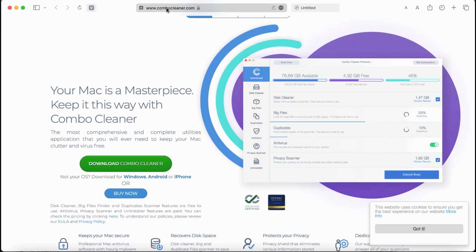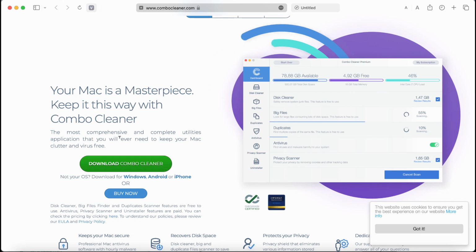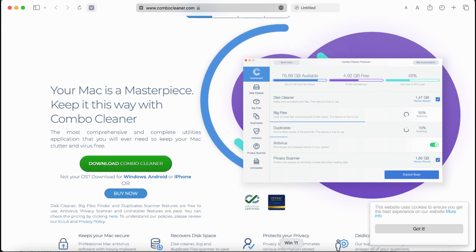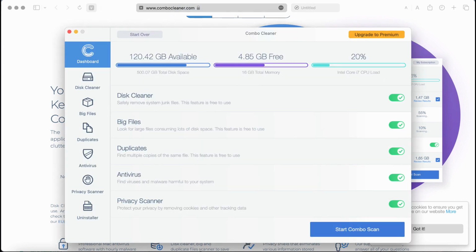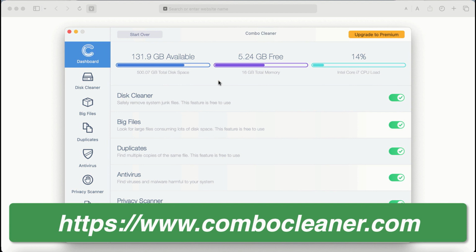Also, I recommend that you scan the system with Combo Cleaner Antivirus. Go to the website combocleaner.com, use the green download button, install the software and start scanning the system to detect and remove other threats. After you start Combo Cleaner Antivirus for the first time, the application will initially be in